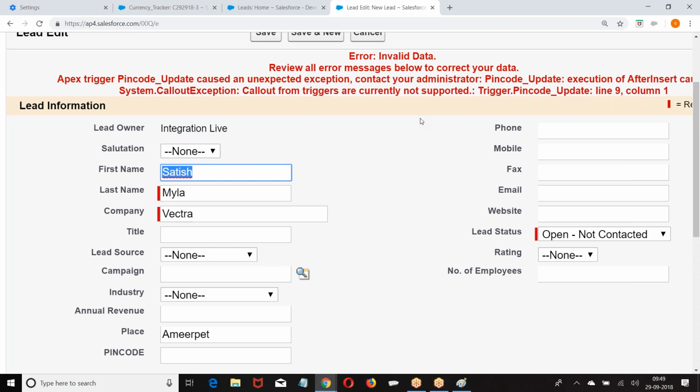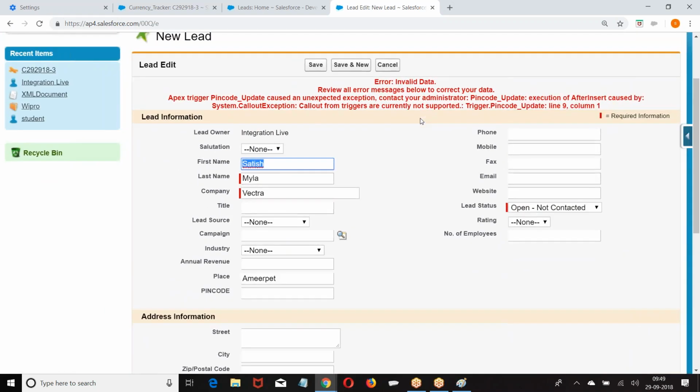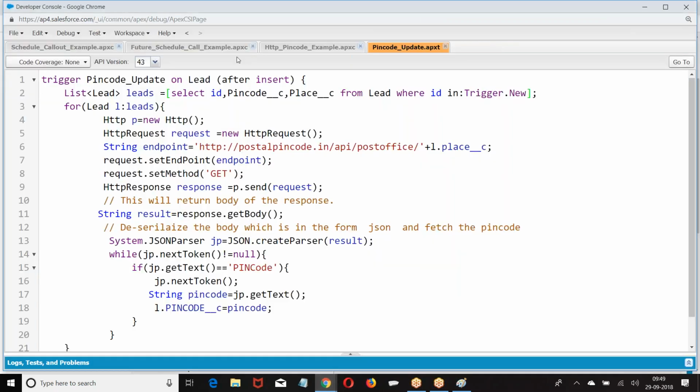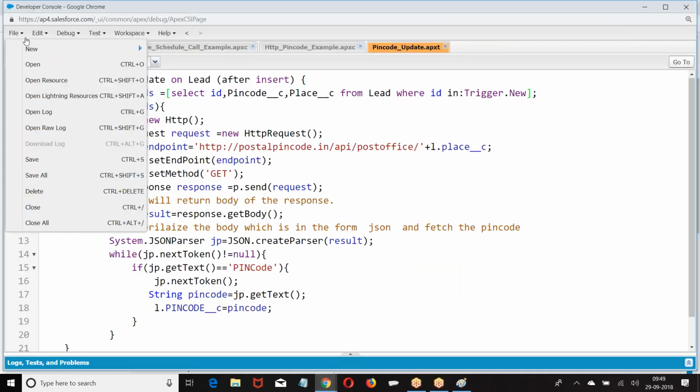But according to our requirement, we need a web service from a trigger. If you need a web service from a trigger, then how do you achieve it? I told you, synchronous web services are not supported, but we can run them like asynchronous. If you want to run them like asynchronous, what is the solution I have? Same solution. What was that?